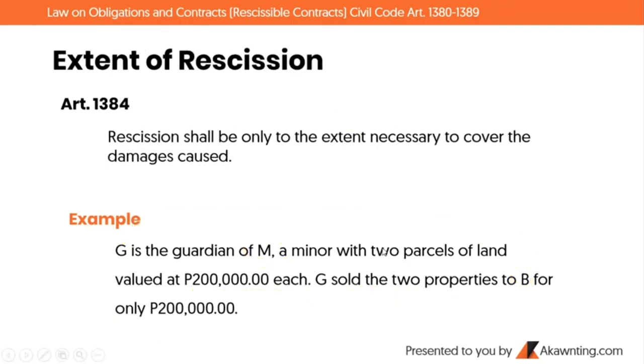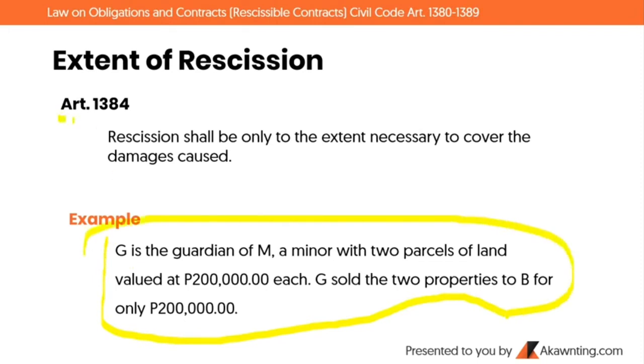Now, let's go to the extent of rescission. This is based on Article 1384. Rescission shall be only to the extent necessary to cover the damages caused. To understand better, let's take an example. Actually, this is the example from earlier, which is really meant for this specific provision. G is the guardian of M, a minor with two parcels of land valued at 200,000 each. G sold the two properties to B for 200,000. So, in this case,